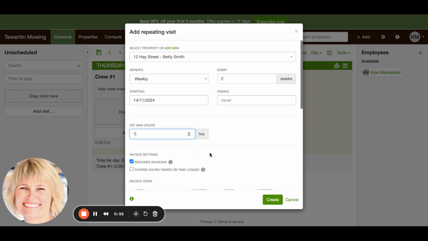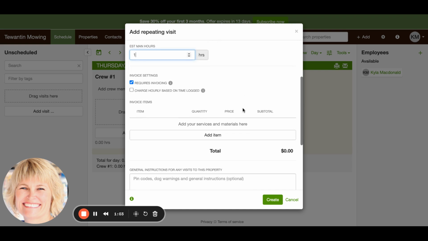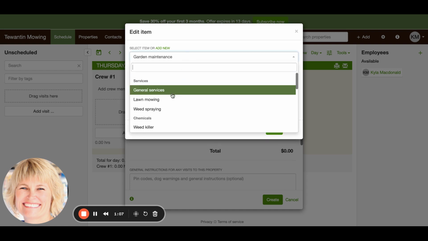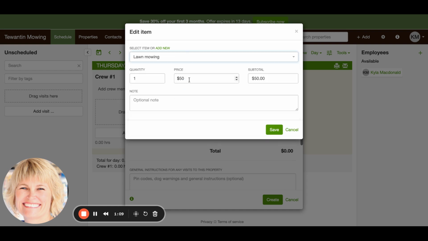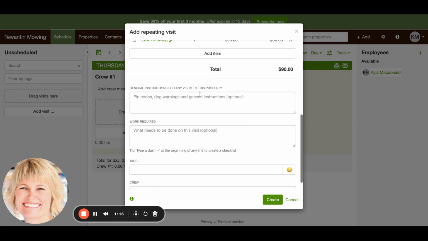She'll take us about an hour. And if we tick this box, that will be based on time and materials, but leaving it unticked will be a fixed price. So let's add our invoice item, and she will be lawn mowing, and it'll take us an hour. She will be a $90 mow. Let's click Save. We could enter her gate code